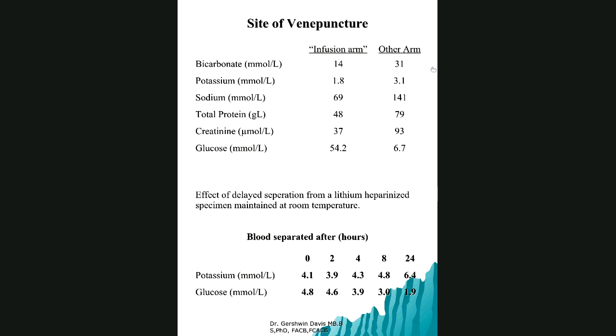All right, so let's do this. Most people are putting it in the chat. That's quite correct. The glucose results are elevated. Maybe they took the sample from the site of the 5% dextrose infusion. Right. So that's one point. This is correct. As you can see here in the infusion arm, 54.2. Okay? So most likely they took it from the side of the infusion arm compared to the other arm.